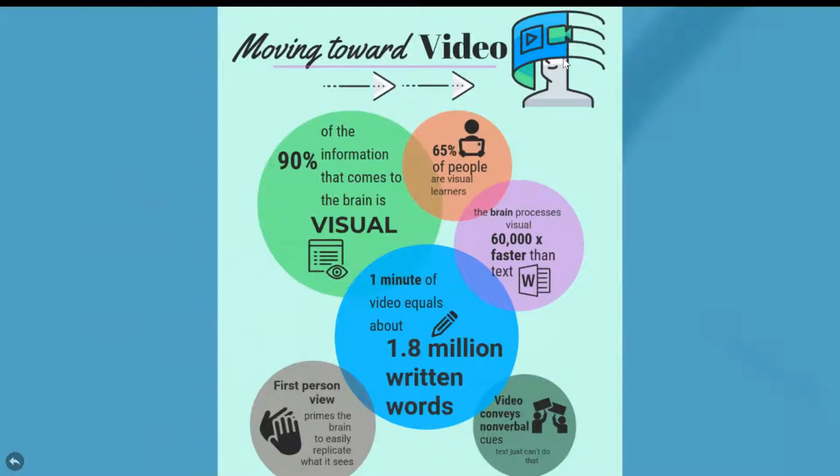Video is not just better than text, it's actually superior. There are some things that you can do with video, like nonverbal cues, that text can't accomplish. For instance, I'm holding something in my hand, and if I wrote down and told you that it's a square, in fact, it's a cube. And if I showed you a picture of it, you would have an idea of the size of it. But it wouldn't be until you saw a video of me throwing it up in the air and catching it with one hand that you would get an idea of how much that item actually weighs. An example of something video can do that text and picture cannot.